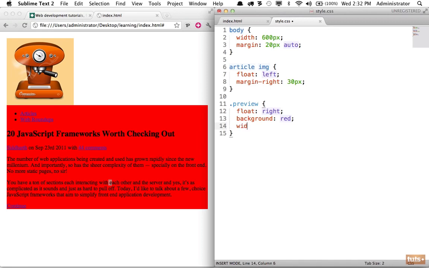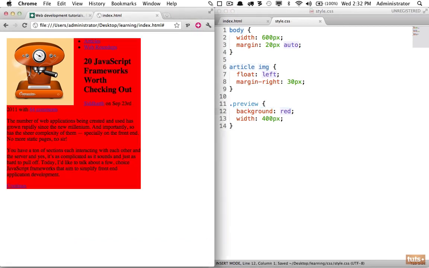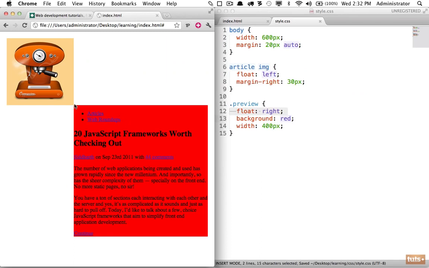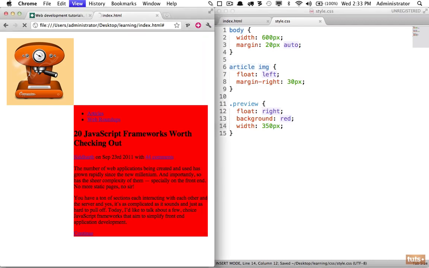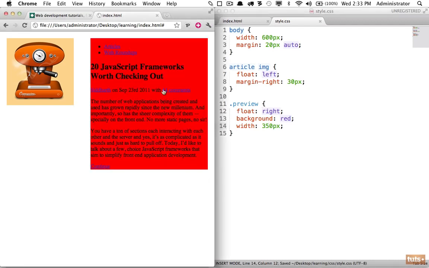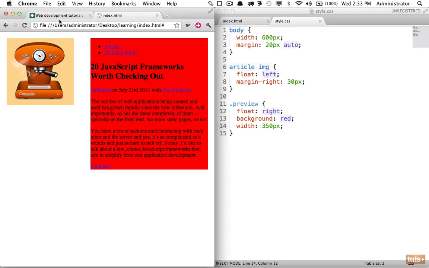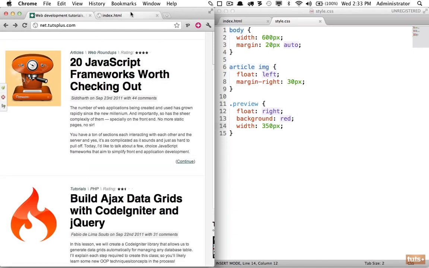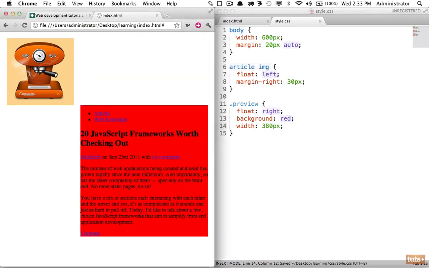So watch what happens though if you explicitly state a width, and maybe you say 400 pixels, reload, and notice that's now floated to the right. If we remove that, you can see we have it like before. So now we are definitely floating it to the right, but it seems like it's still too small. And if I were to make that 350 pixels, now it's small enough to fit up here, so it jumps up. So now at this point, we can either return and figure out exactly what the width is, or because we're mostly estimating here, you can play around with it a little bit if you like,